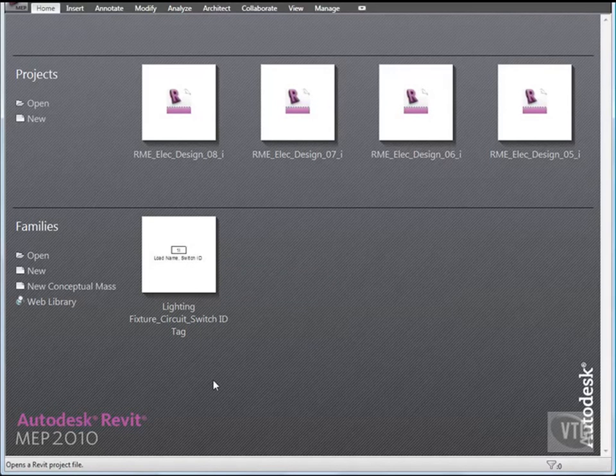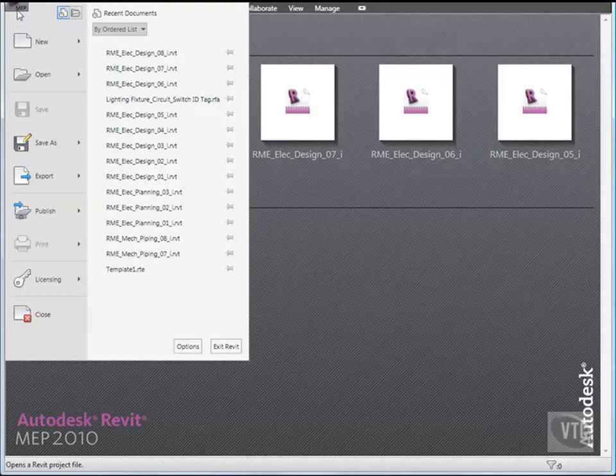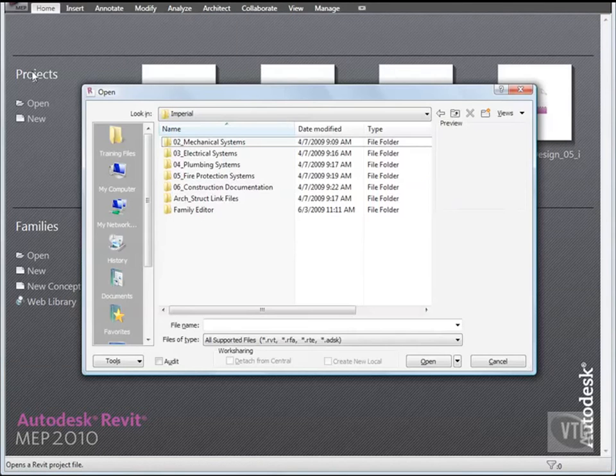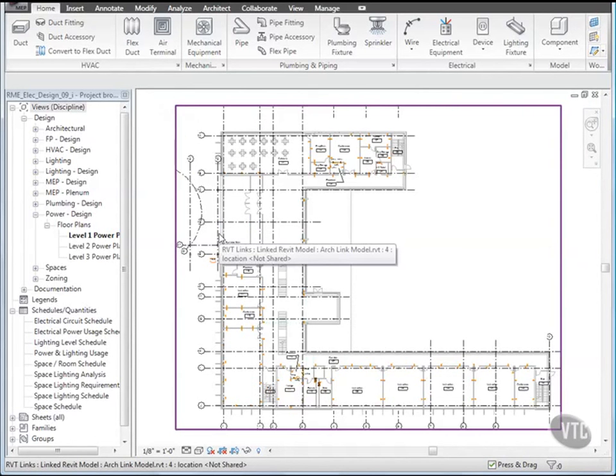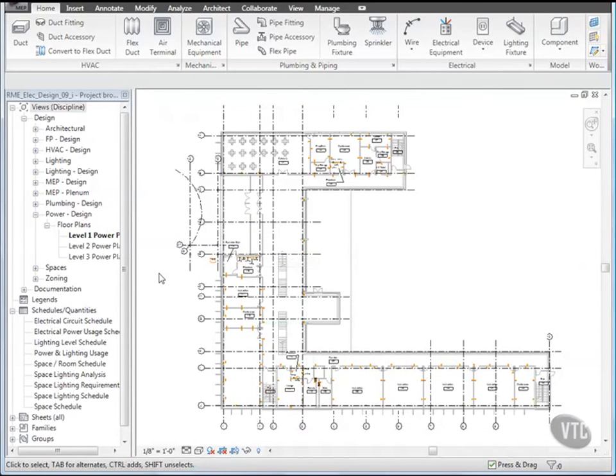In this lesson, you will create a panel schedule report for panel board MDP1. Click the menu Browser and select Open, and from the Training Files Imperial Electrical Systems folder, open the file RME Elec Design 09. Let's create the panel schedule report. Verify that the Level 1 power plan is open,